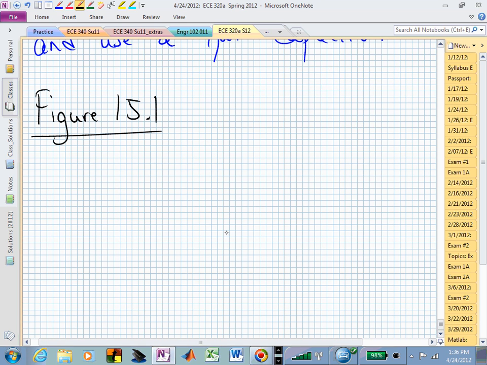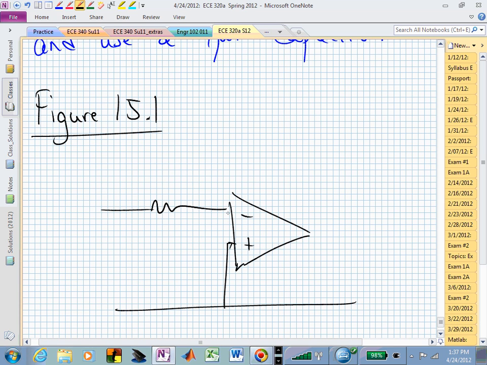And that looks like the following op-amp configuration. We have R1 going in, and in the feedback path we have R2,